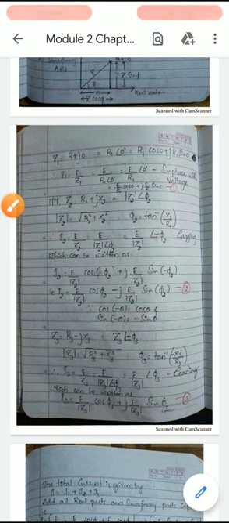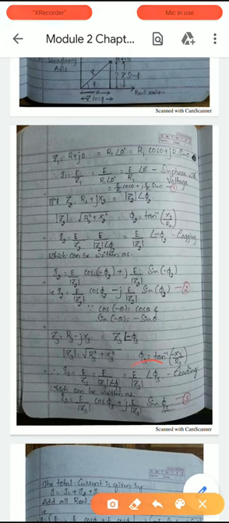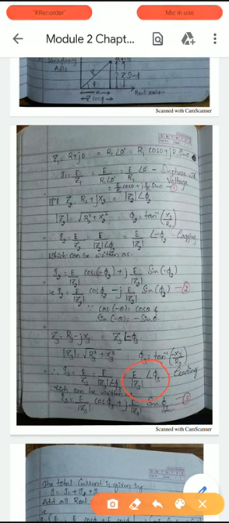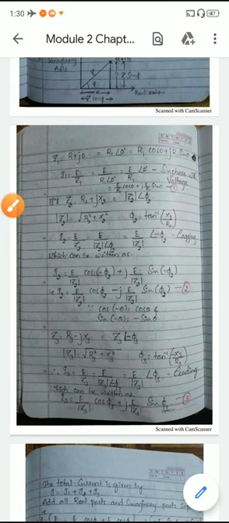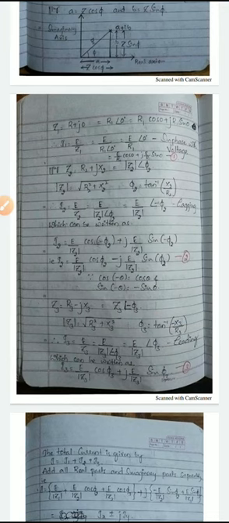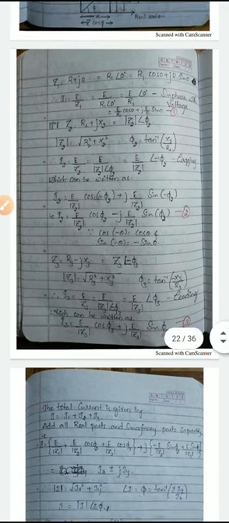Therefore I3 is equal to E by Z3, that is E divided by magnitude of Z3 angle minus phi 3. If you bring that angle to the numerator, you will get E by Z3 angle plus phi 3. Here plus phi 3 indicates the current is leading, and we know that as it is a capacitive reactance dominating circuit, the angle will always be leading in this case. Similarly, if you want to write that in cis form, then I3 will be E by Z3 cos phi 3 plus j E by Z3 sin phi 3, as the angle is already positive.